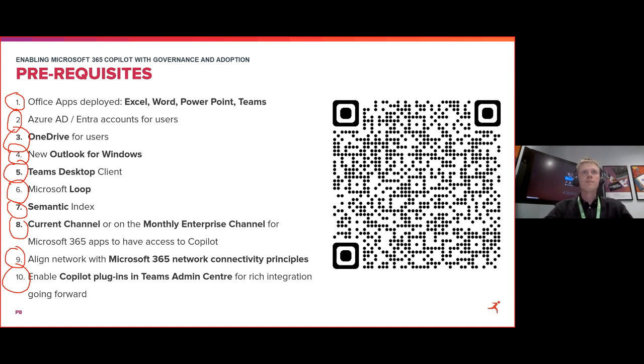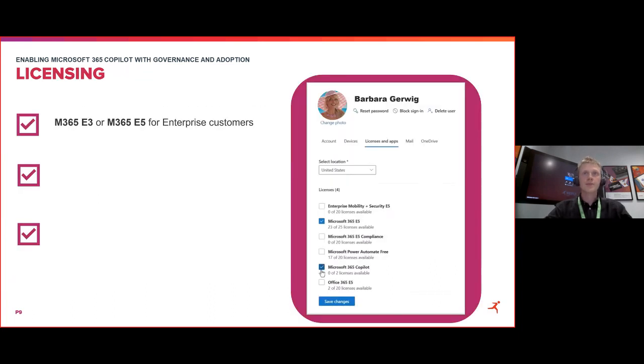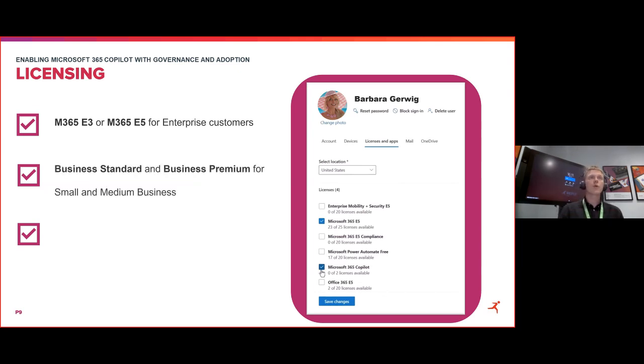Okay, great. And let's talk about licensing. So last week, Microsoft released pricing for the tool and some prerequisites. So first of all, if you're an enterprise customer, you should be on M365 E3 or E5 to enable Copilot. Then if you are a small or medium business, you should be on Business Standard or Business Premium. And then, of course, on top of this,